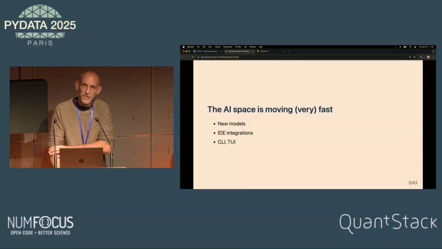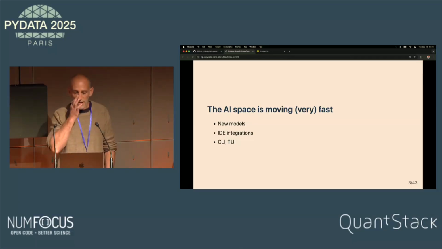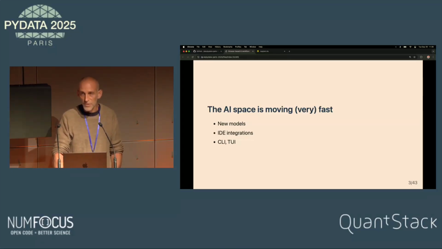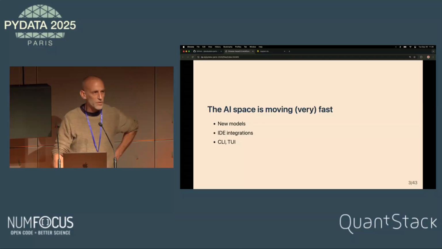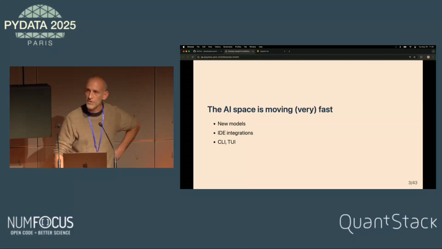Some of them are specialized in code completion or code generation, and can be included in IDEs, like VS Code or Cursor. And some provide a command line interface to be usable in a text-based environment or directly in a terminal. So I'm thinking about Codex, for example, from OpenAI, or maybe Claude from Anthropic.